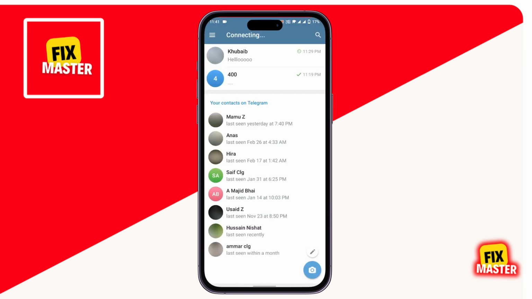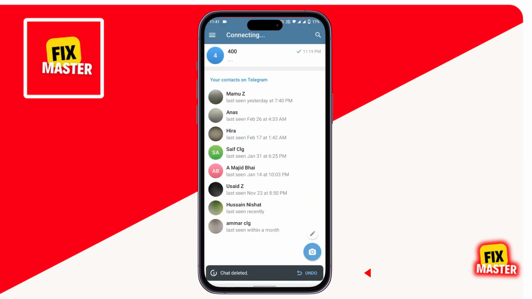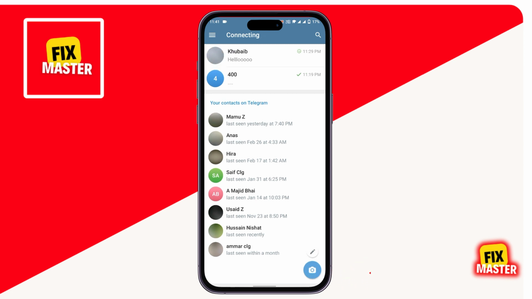The first method is when you delete someone's chat from Telegram. Like that. Go to the below, and here you will see a button of undo. You can press it. After that, if you delete within 5 seconds, if you lose that chance, close the Telegram